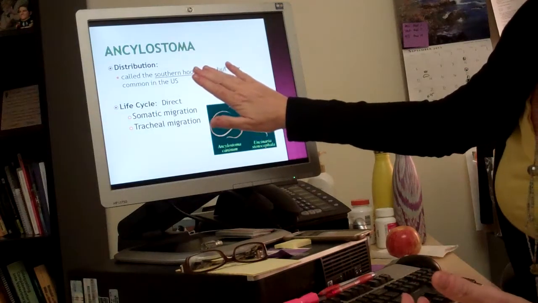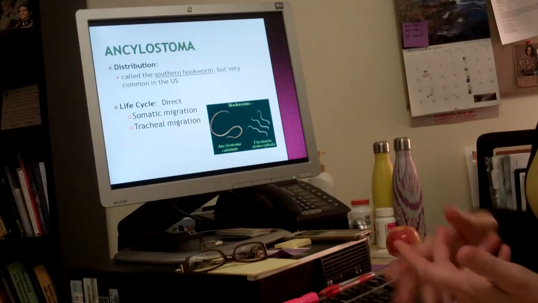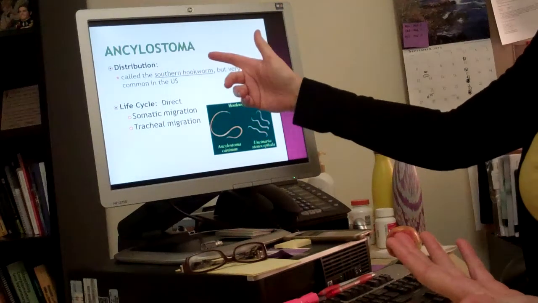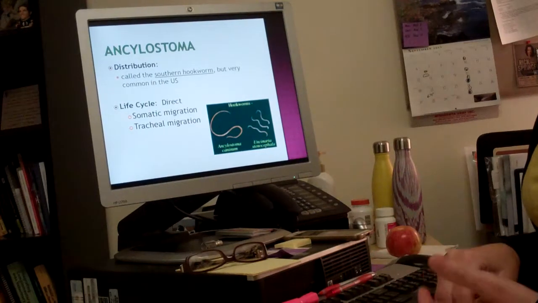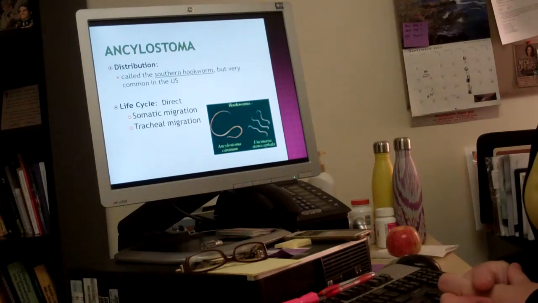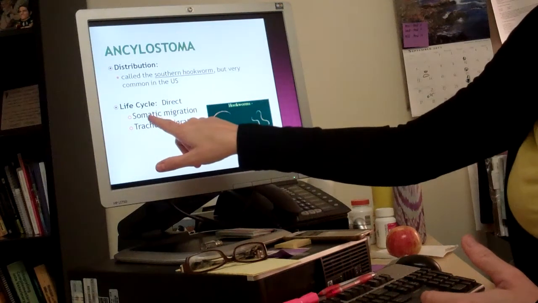Don't worry about southern hookworm and northern hookworm. You can classify them both as hookworms, but I will tell you that Ancylostoma was first found in the southern states, so that's why it's been given the name southern hookworm. All hookworms have a direct life cycle, but you can see here that